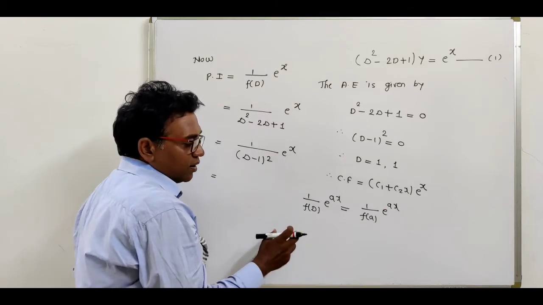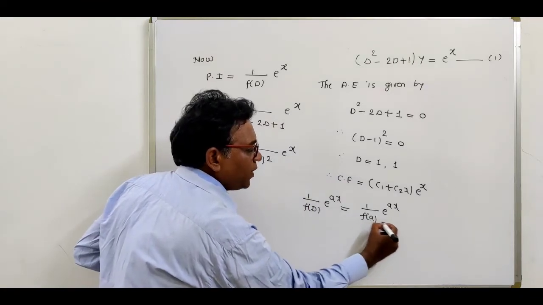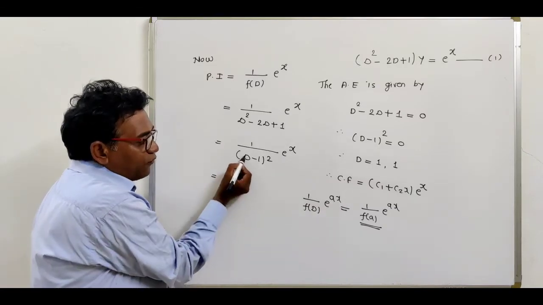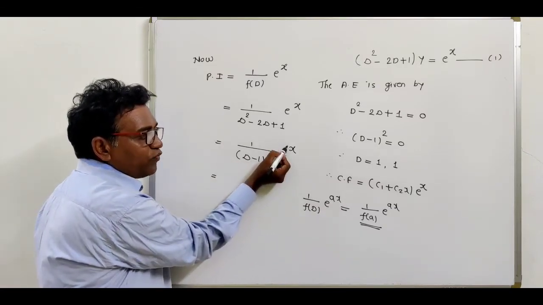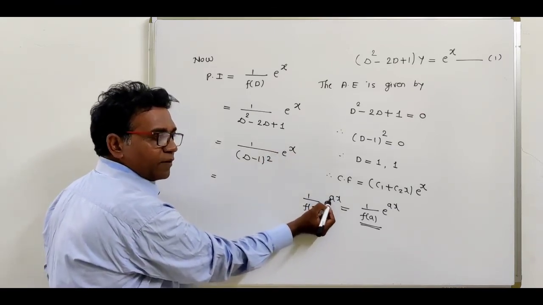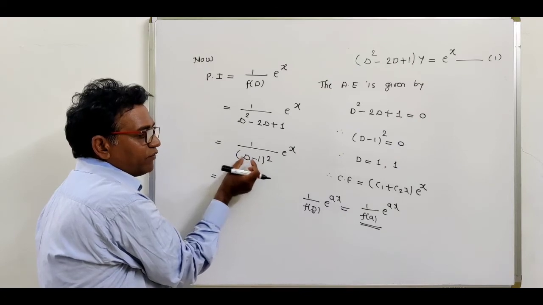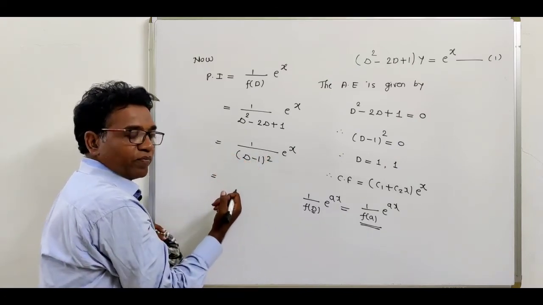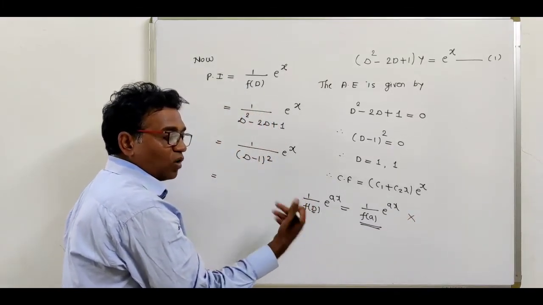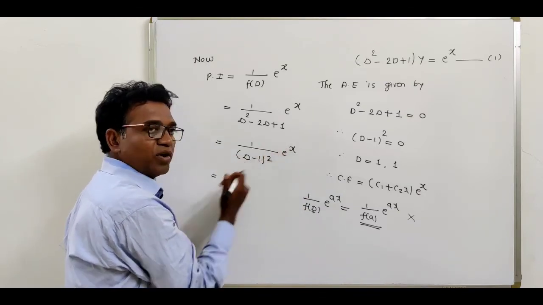See what is this formula? Just replacing this D by this number a, provided that this denominator should be a non-zero denominator. Now if we replace D by this coefficient 1, then 1 minus 1, we find that this denominator is 0. So this formula is not valid. This formula is valid for the non-zero denominator, and if we replace D by 1, then we get here a 0 denominator.